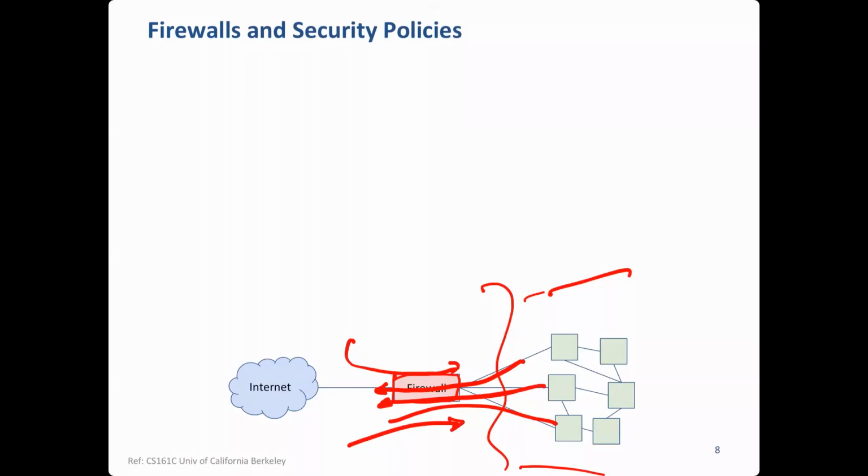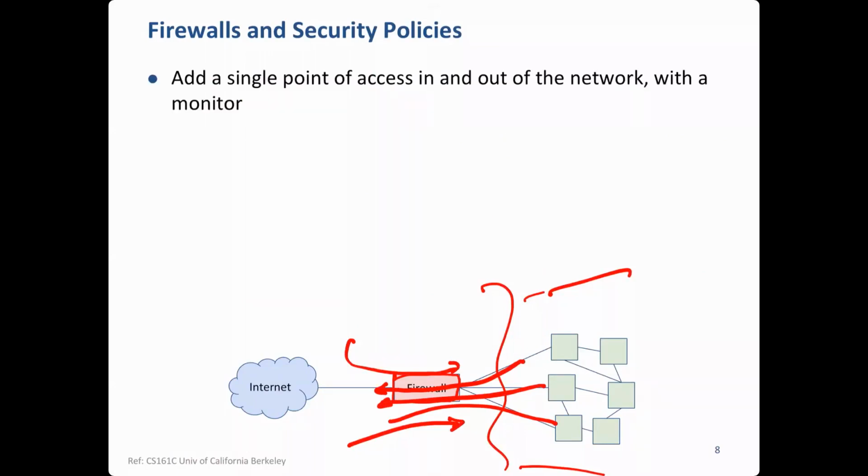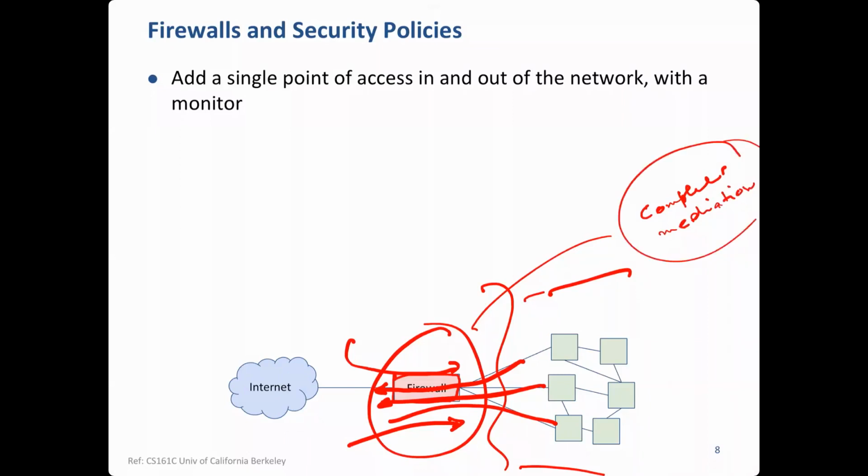So now we have studied this security principle. The firewall should provide complete mediation. All right, this is a very important point. If there are multiple entries and exits, then this will not work. Now, if any machine inside directly connects to the internet bypassing the firewall, then this mechanism will not work.